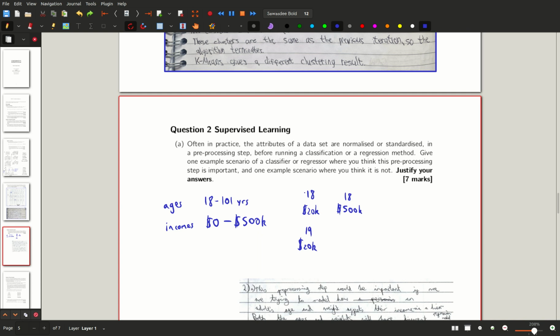Actually, is it the other way around? We're going to see these two as more similar than these two. That's probably not the best example. Okay, let's say we have 18 on 21k. We're going to see these two as more similar than these two, whereas we might want to weight it